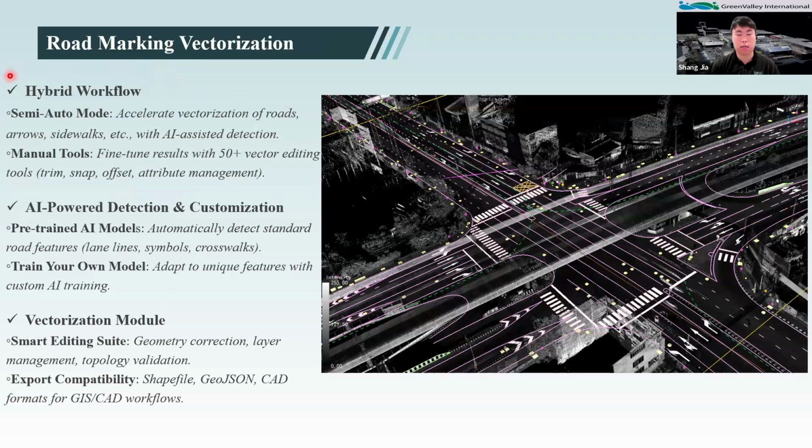So they used a hybrid workflow, so semi-automatic workflow, which accelerates vectorization of roads, arrows, sidewalks with AI assisted detection. There's also manual tools which were used, such as fine-tuned results, which will allow you to fine-tune the results with 50 plus vector editing tools. They also use the AI powered detection as well as customization using pre-trained AI models, as well as training their own AI models to better